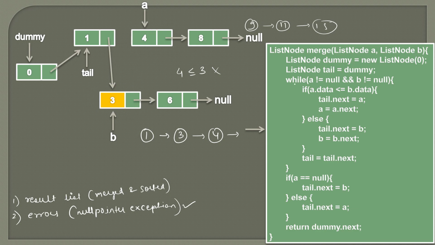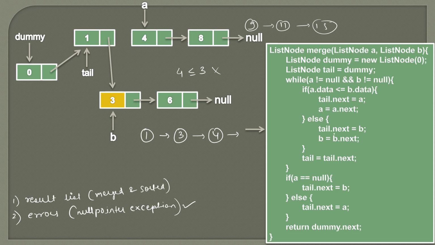And also friends, in the previous while loop, we moved A to its next. So one reason was that we are comparing 4 with 3. The other reason is we have removed this reference from here, and now it is pointing to this node. So as soon as we remove this reference, we need something to hold these two list nodes from the stack, which is being done by A. So therefore this is another reason we are moving A to its next.